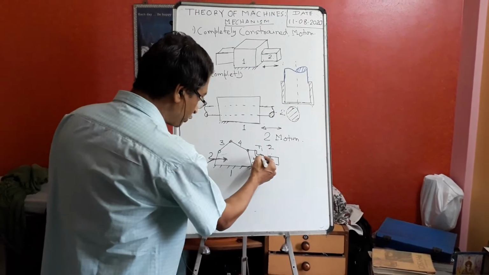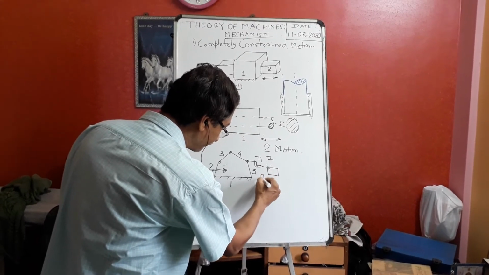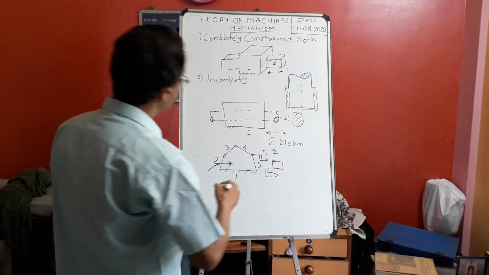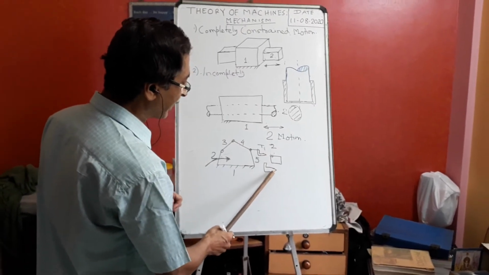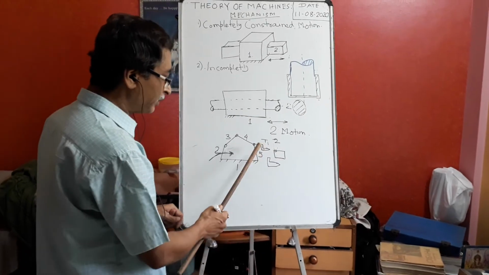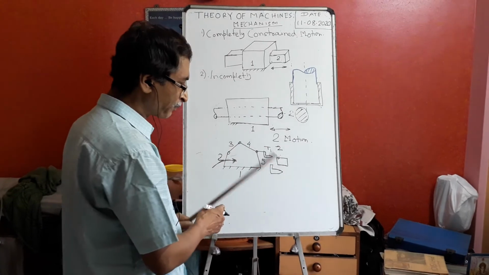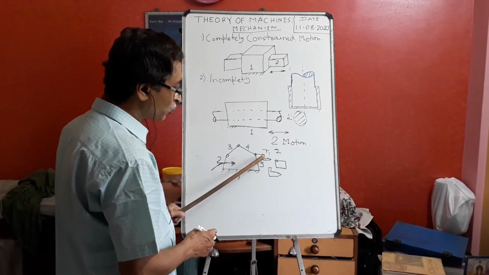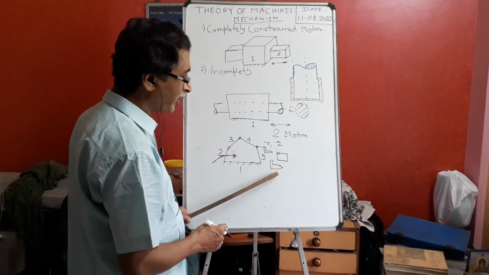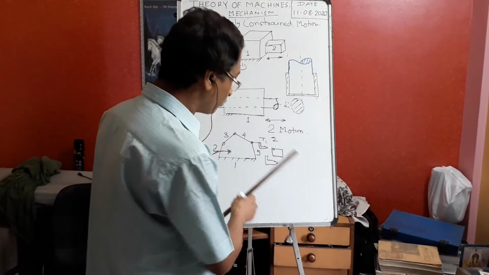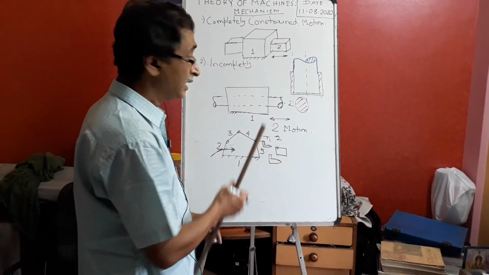If sometimes the tool is going here and sometimes the tool is going here, what will happen? Sometimes the tool is going here and sometimes here, because at that time the motion is not constrained. What does constrained motion mean? It means that once I give a command, the tool goes here. Another time I give the same command, and the tool goes here. That means the motion of the tool is not predictable, not defined, not constrained.